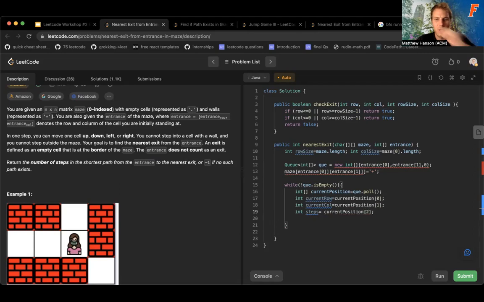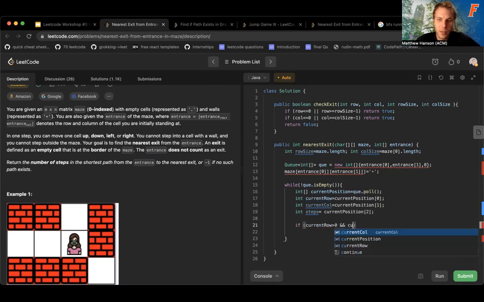current position 2. So now I have the current position, and I'm just going to check the 4 possible ways you can move: up, down, left, right. And I'm going to check if there's an open position. So let's do if current row greater than 0 and maze